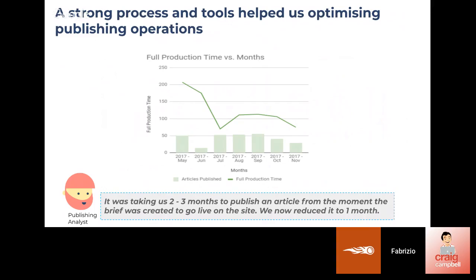versus now we can probably push out content in less than a month, doing all the review checks and all the publishing operation, which is really important, because ultimately, if you want to grow your traffic, and if you want to grow your presence in organic search by adding more content to your website, the sooner you add it, the better, right? If you could publish all your content today rather than in the next 2 years, that would definitely be better. So I think that's our main learning when it comes to optimizing the operation and figuring out what content works.